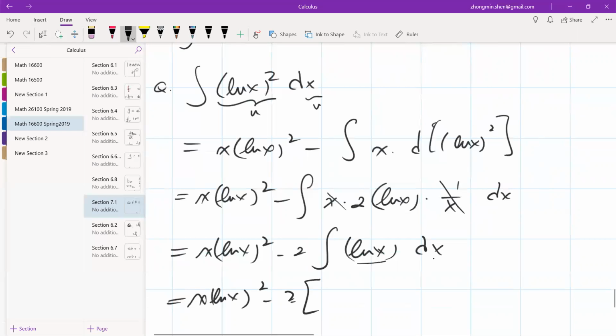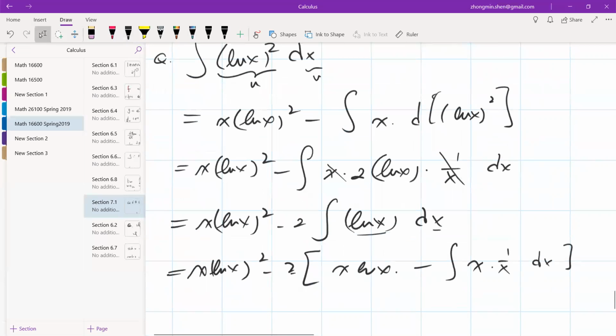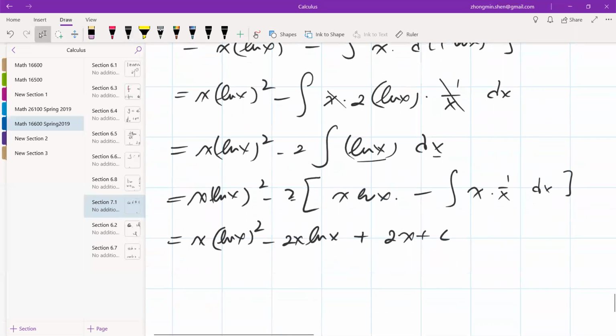So this is going to be u, that's a v, right? So u times v, okay, minus x times the derivative of natural log x, just 1 over x dx. Okay. All right, so we're going to get, and plus 2, which is x plus constant. So I got, yeah, so I got,